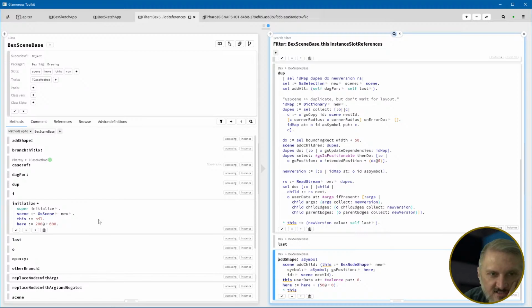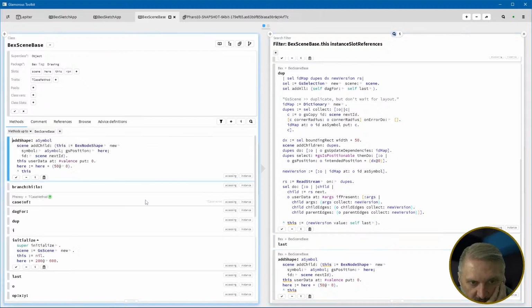I guess the question is, to what extent can I just replace the word scene here with an SVG node, like an SVG element in the DOM, right? Because if I'm not using anything special about the node shape,